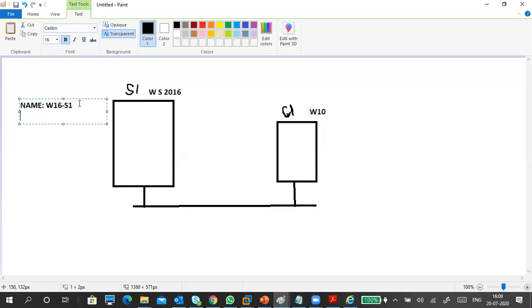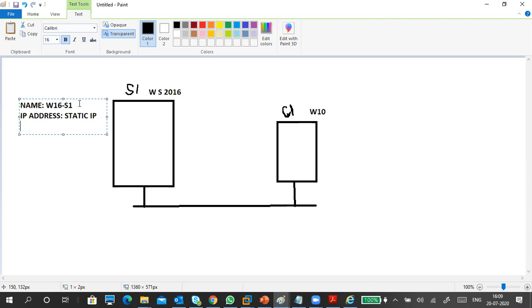Next, the IP address must be a static IP. For every server, you should use static IP only. Here, this is my planning; you can use a different IP. I'm using this IP.